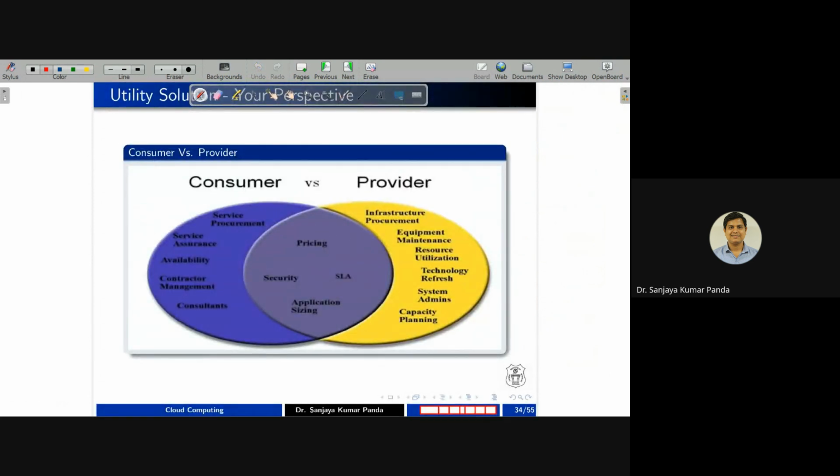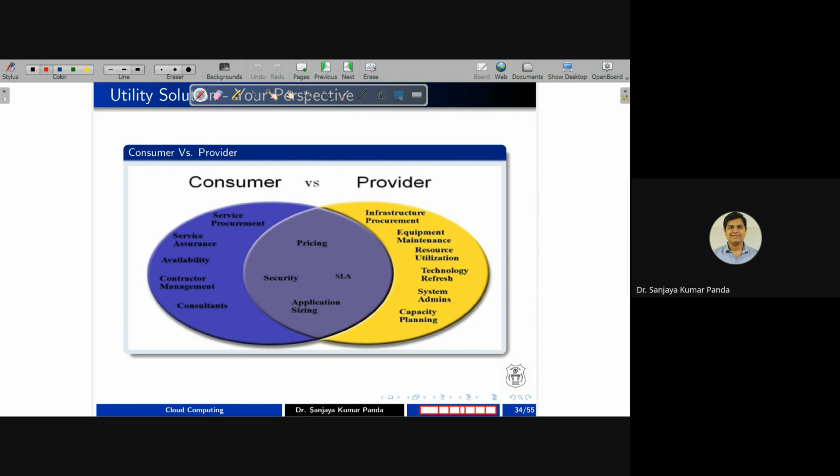Now you can see the consumer perspective and the provider perspective. If you look at the consumer perspective, the consumer is not willing to purchase any infrastructure, right? But the consumer is ready to purchase the service. I don't want a power station, right? I want electricity. I don't want a gas plant, rather I want a gas connection.